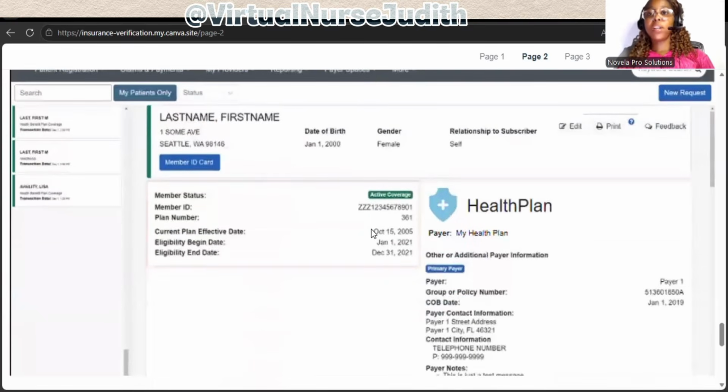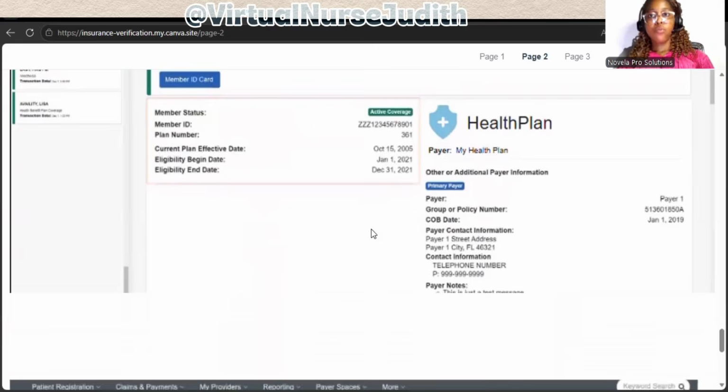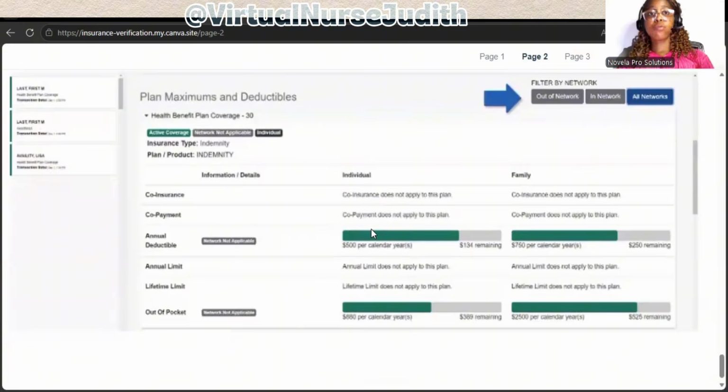So when you click on the patient that has an active coverage, like I said earlier, this is what you're going to see, okay? Now, when you scroll, you're going to see plans, maximums, and deductibles, okay? Now, these are the basic things you're checking for this patient's information. Let's say it's an individual visit, not a family visit now. Co-payments, it means that the patient is not paying anything to your clinic, that the insurance company is covering everything. Okay. Now,